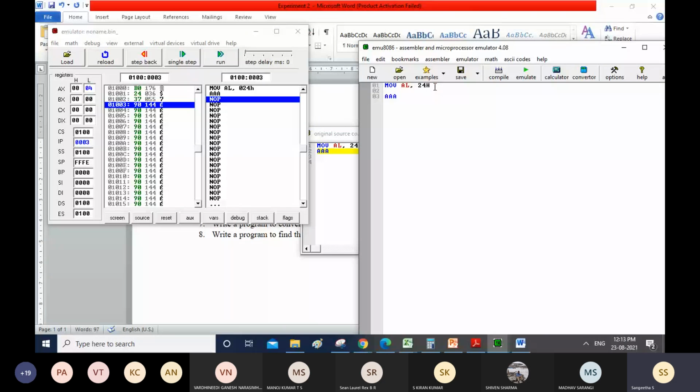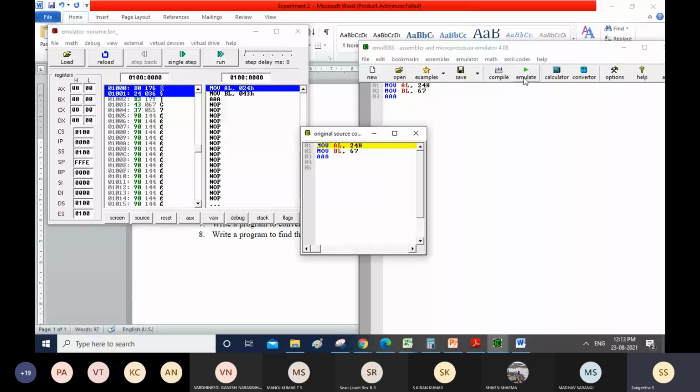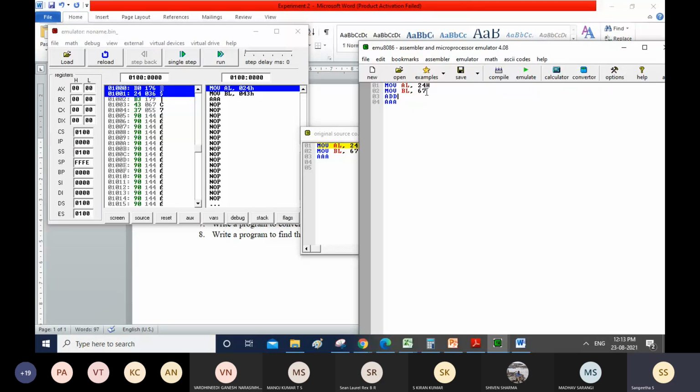Here for addition you have to use any two registers for storing the values. So you can add AL comma BL.